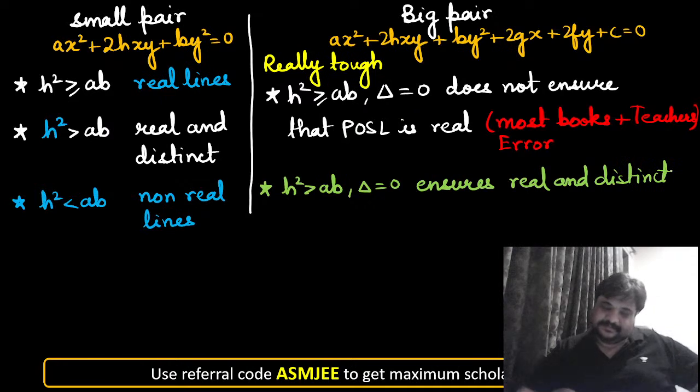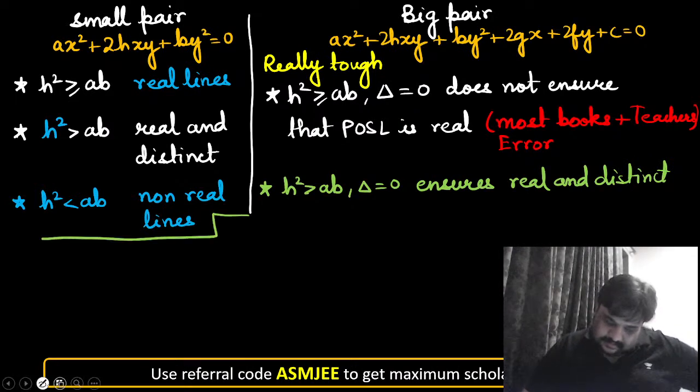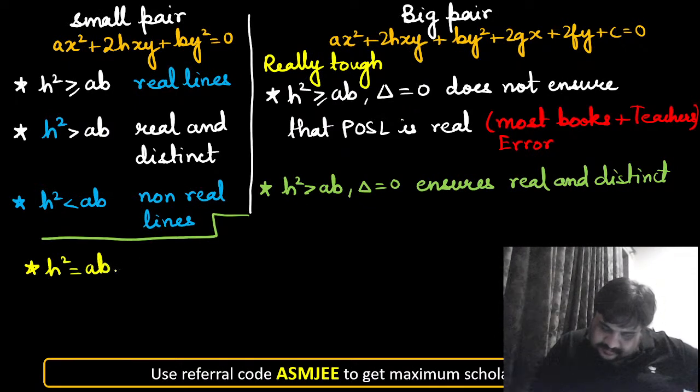Correct. H square equal to AB, delta equal to 0 ensures